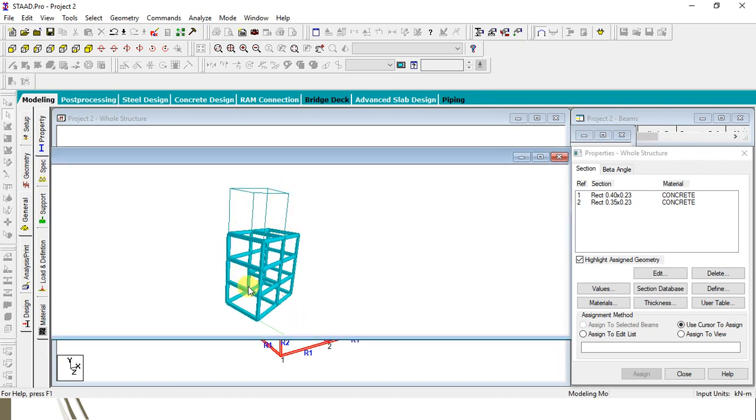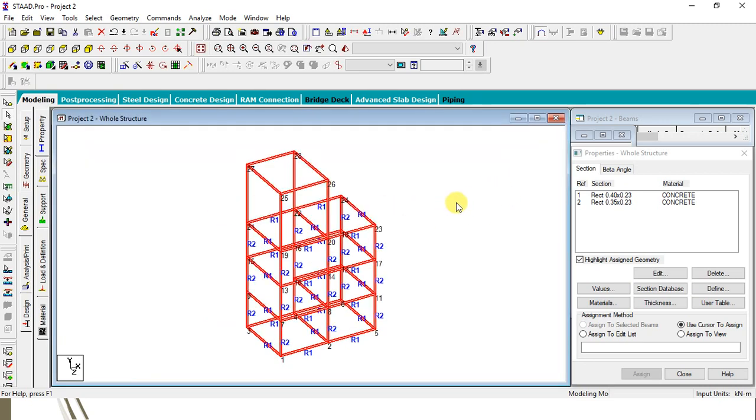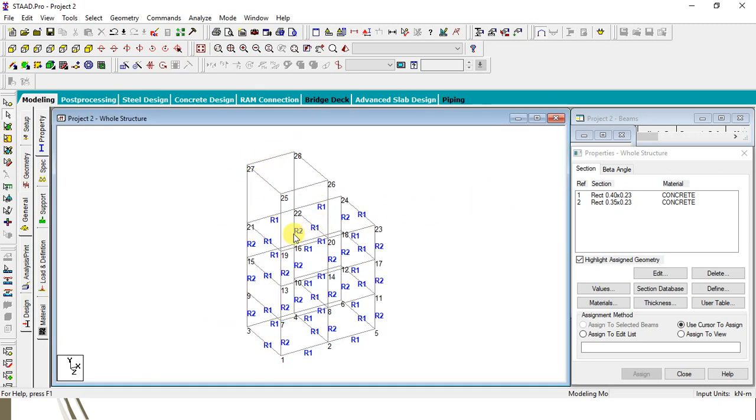So we can check any missed beam where the cross section size is not added by using this 3D rendered view, where that beam appears as a single line. Right, now we have checked that only these 4 beams are not assigned the cross sectional size.